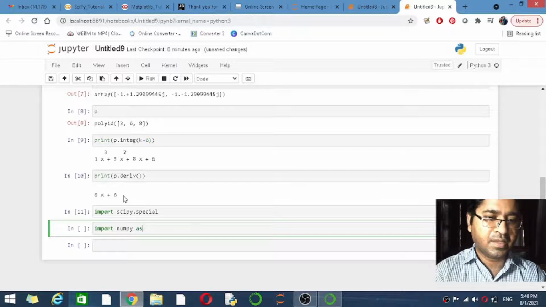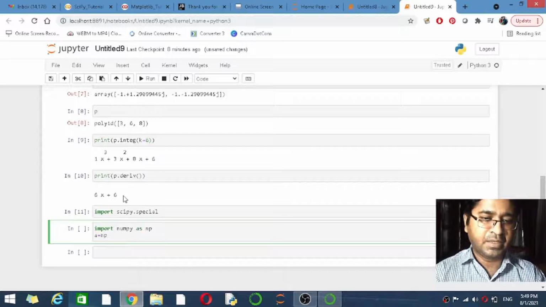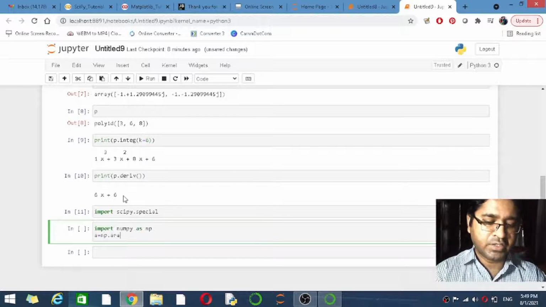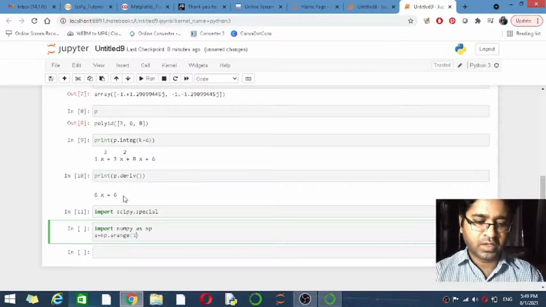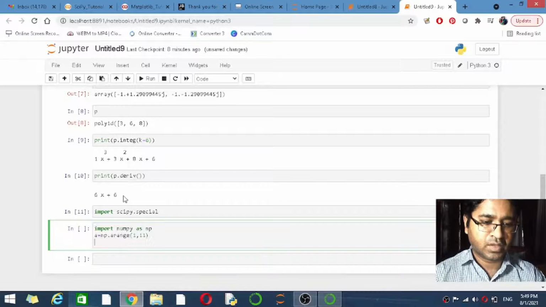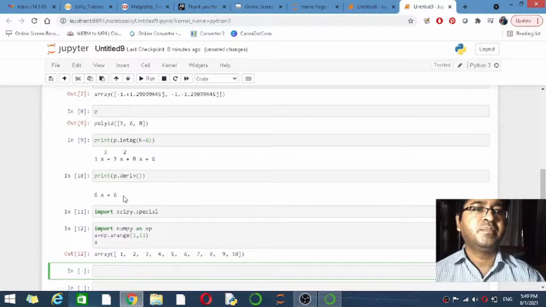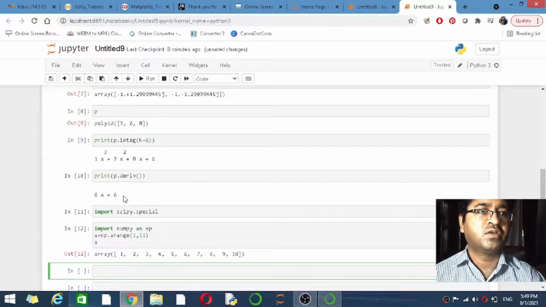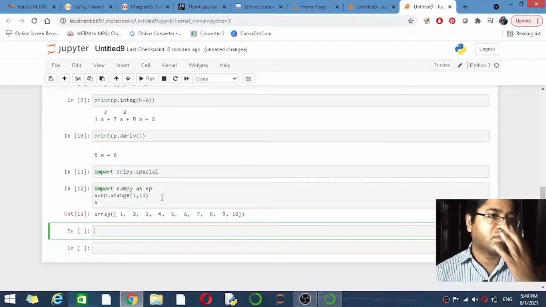Then import numpy as np, a is equal to np dot arange, then 1 comma 11. Okay, then print a function here. It is going to print the array from 1 to 10, excluding the upper value of the given range.